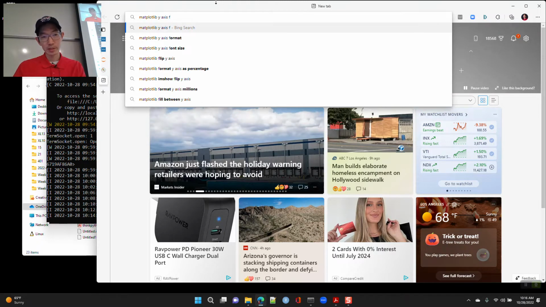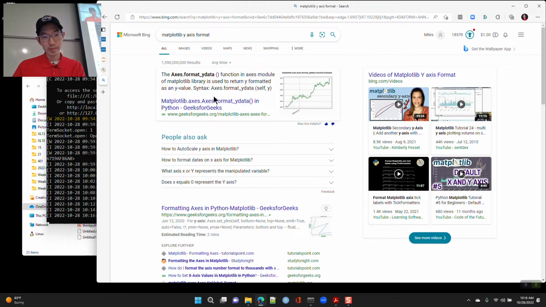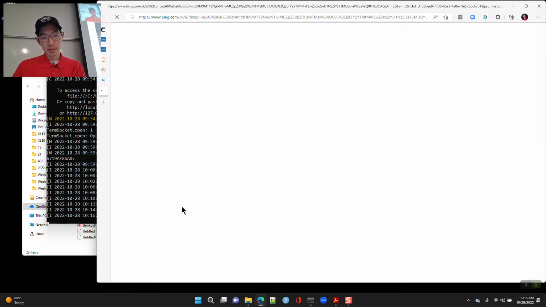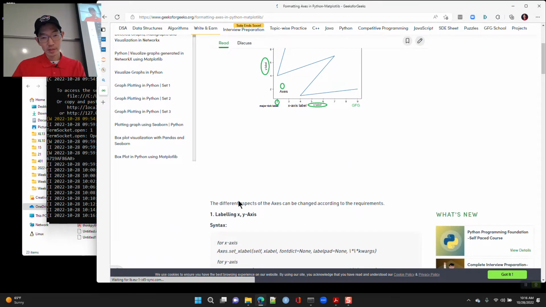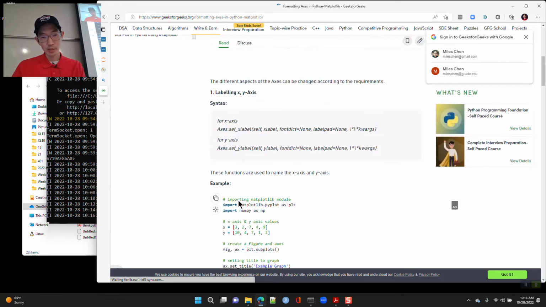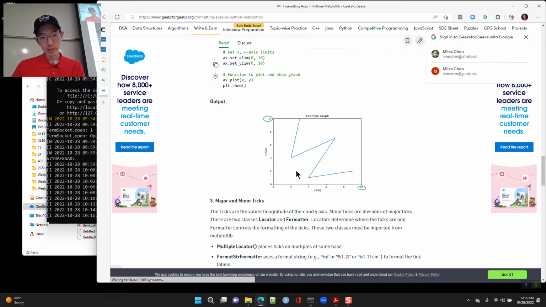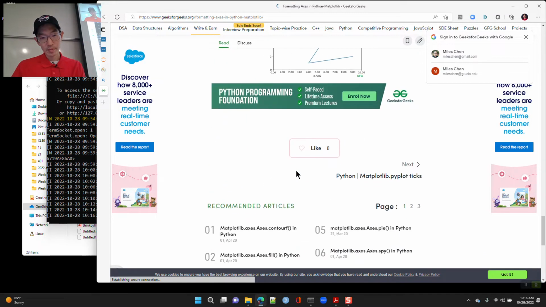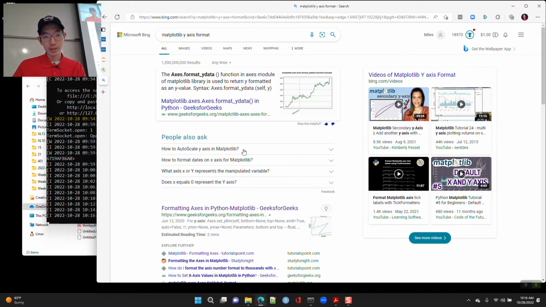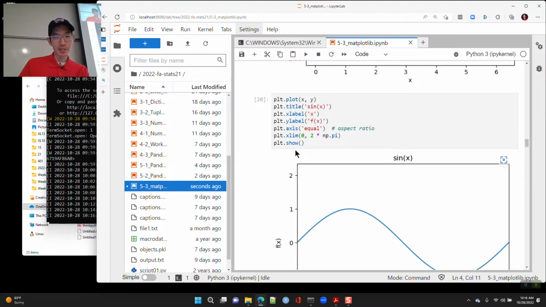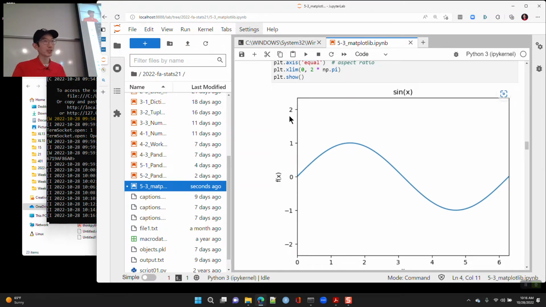Let's see, format. Axes.format_ydata. Okay, well, there's y label. Limits of y-axis. This doesn't have what we're looking for. Oh, you'll probably have to search online for how to get them to appear as integers or floats or something. Did you have another question?